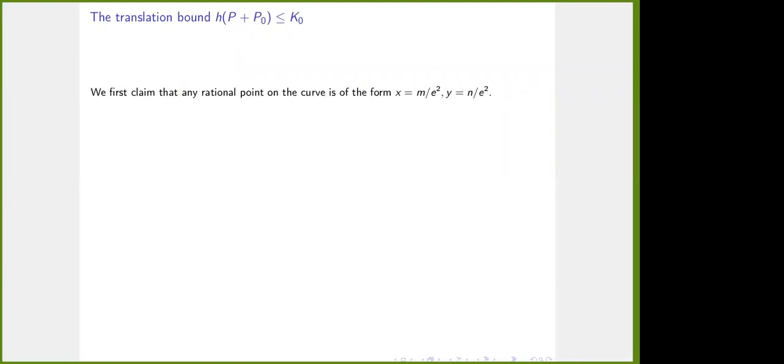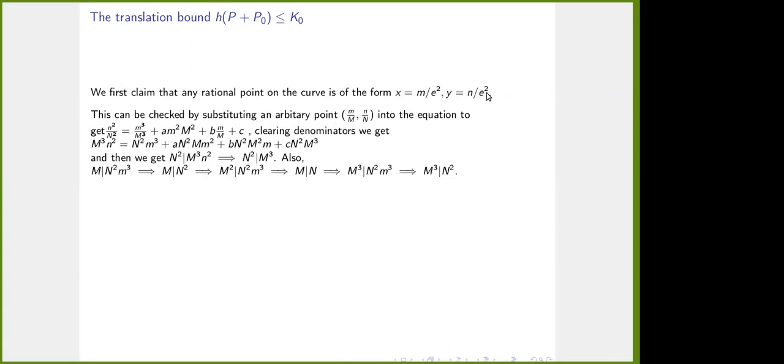So the translation bound: h of p plus p naught is less than or equal to k naught. Firstly, any point on the elliptic curve can be brought into this format. Sorry, this is n over e cubed. This should be n over e cubed. So what we do is take any rational point and plug it into this formula,